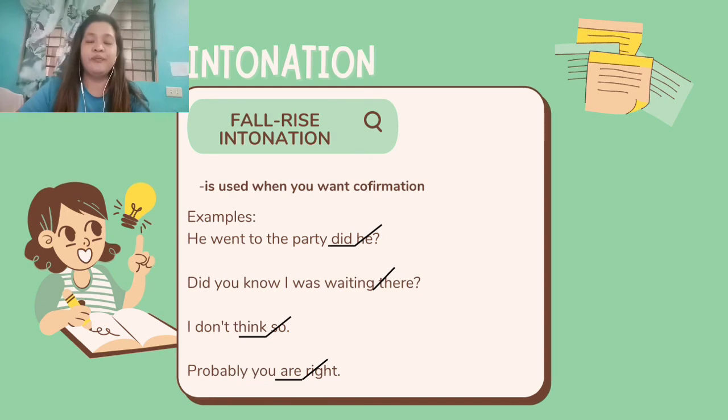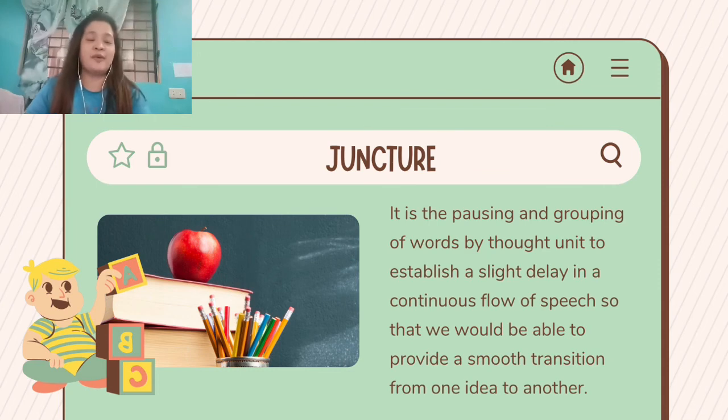Examples. He went to the party. Did he? Ayan. He went to the party. Did he? Kumbaga, tatanong. He went to the party. Did he? The answer will be yes or no. Did you know I was waiting there? Did you know I was waiting there? I don't think so. Probably you are right. Let's practice. I-practice nyo. And now we will discuss the last part of the suprasegmentals, that is